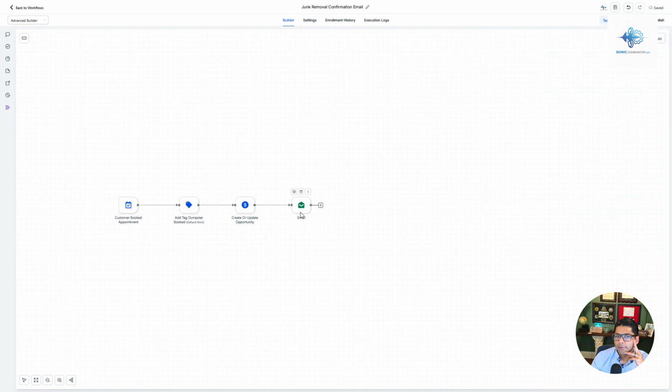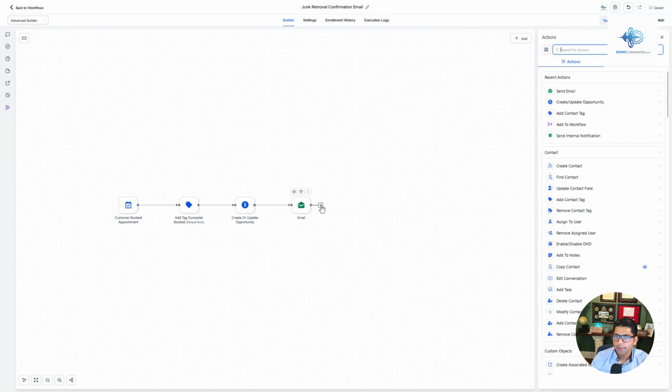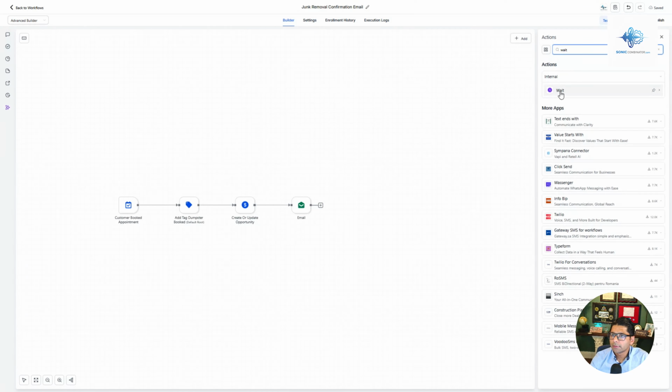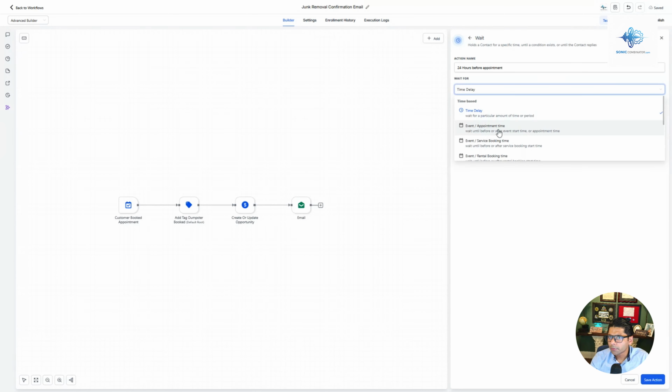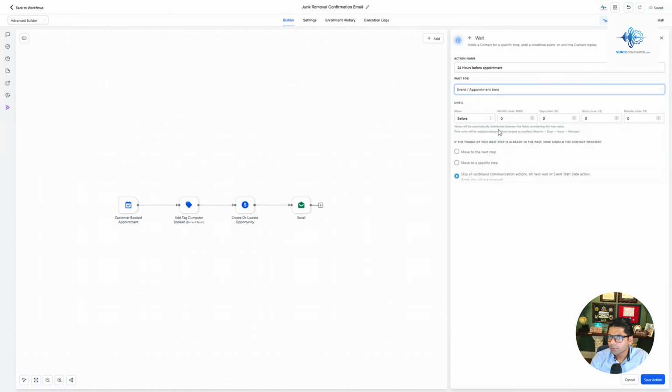Now, how do we send another email just 1 day prior to the appointment as a reminder to them? Well, we need another email, but we also need a wait function in here. Let's go ahead and add action. Let's search for wait. Click on that. This is going to be a 24 hours before appointment. We'll go with event appointment time, which is a wait for. Say when before the appointment, we'll say 24 hours, which is 1 day. Very nice. So we're waiting all the way until 24 hours just before the appointment, and we want to send